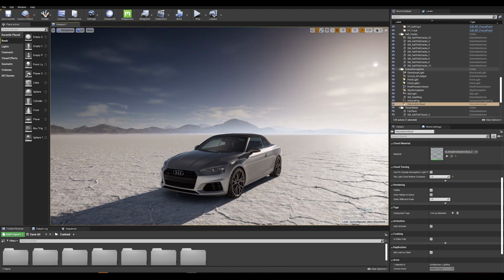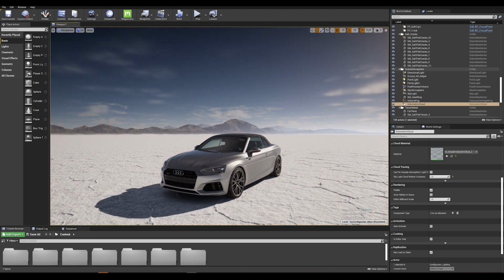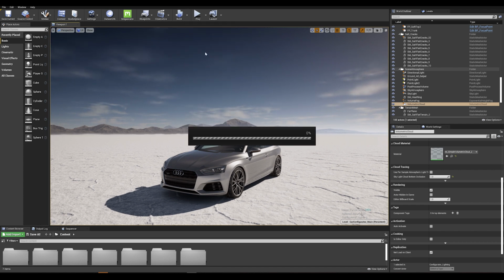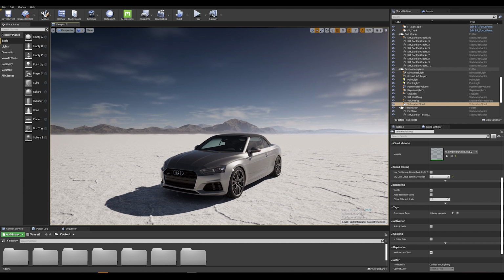As soon as you start playing with this, it's important to make sure that, once you have the final look, you are building the reflection captures to update the skylight sun position. As soon as I do that, it updates the skylight capture and gives the accurate look on that car.